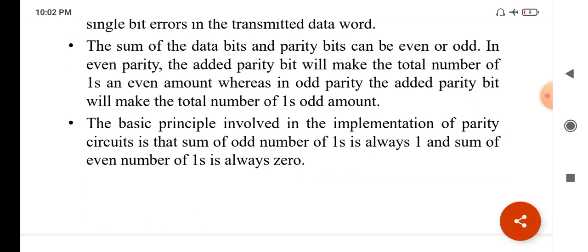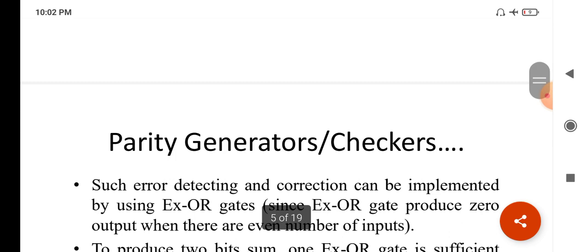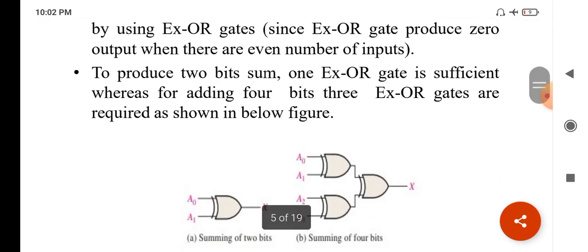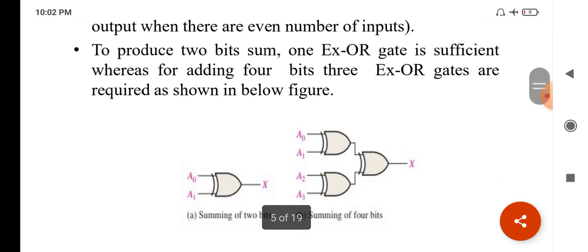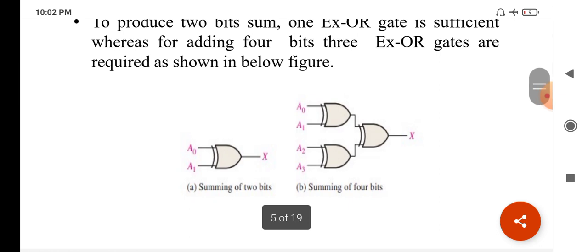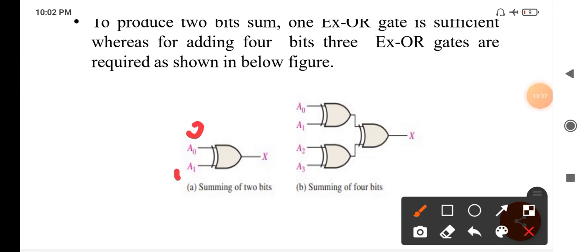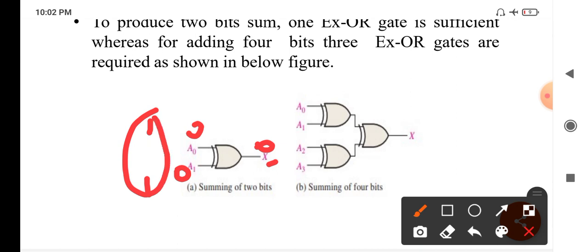Now, regarding parity generators and checkers, it is the same thing which I have told just now. If you have two inputs A0 and A1 here, the output is X0. If you have 0 0 here, the output is 0. If you have 1 1 here, the output is also 0. Same thing: an even number of ones means the parity will be 0.